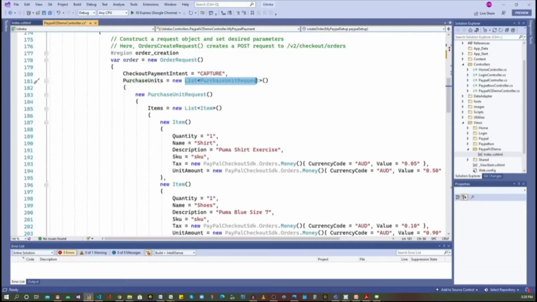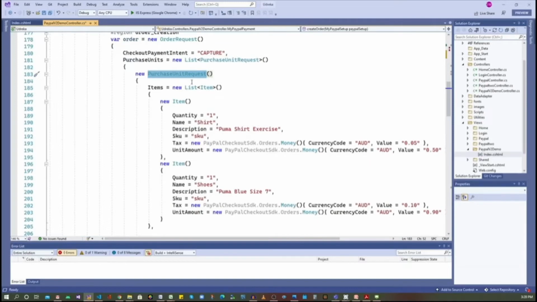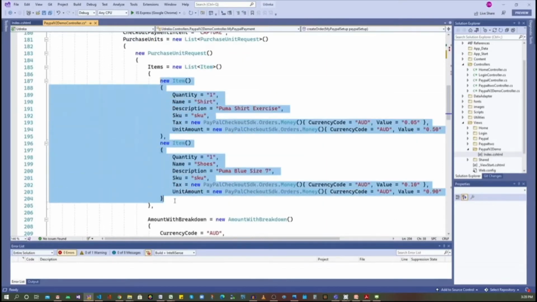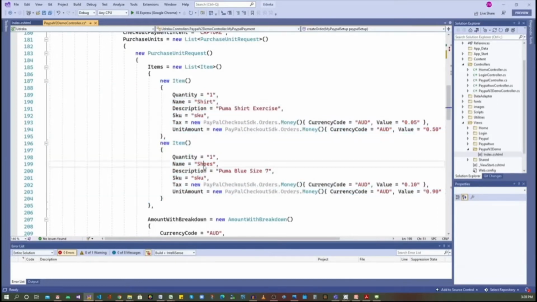So over here, a list of purchase units. There's a new purchase unit object. Now this purchase unit in turn has a list of items. This is the actual item that you're selling. You can have as many items as you want. In this tutorial, we have two items, a shirt and a pair of shoes. Quantity 1, description. If there is any item code, just put the item code over here.